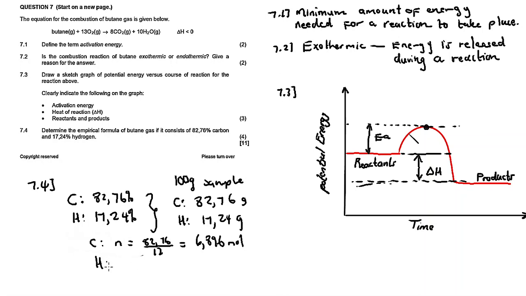And then for hydrogen, n is equal to 17.24 divided by the molar mass of 1, so it is 17.24